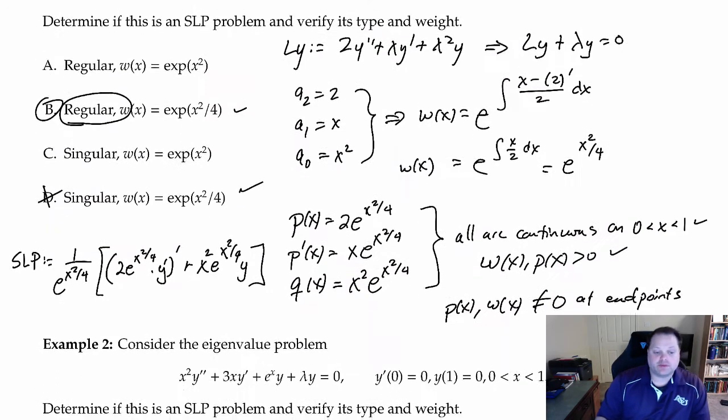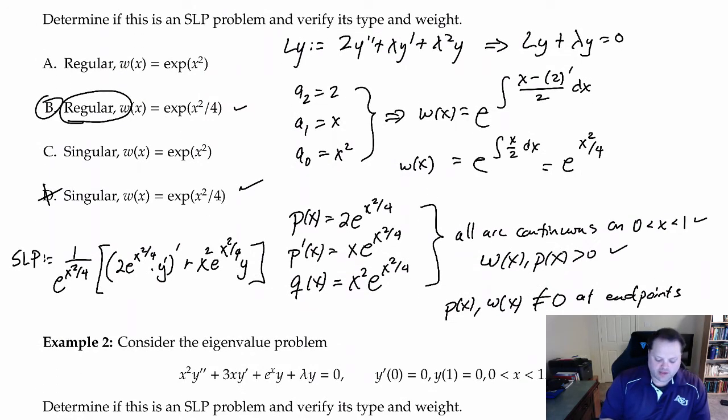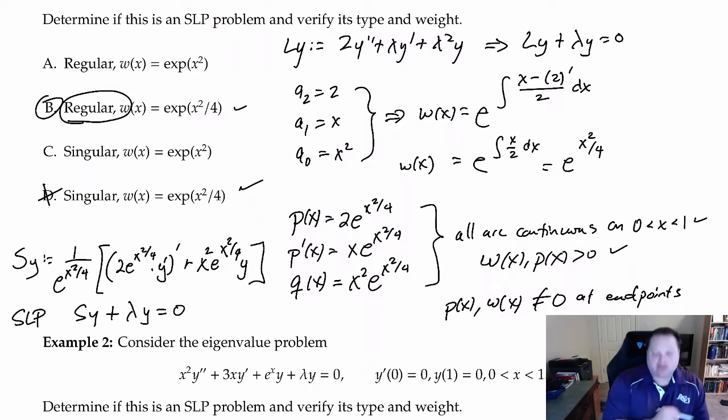That's our SLP. Now that's our S operator, right? So the S operator is that. Our SLP then is Sy plus lambda y equal to 0. So that's Sy. So this is the